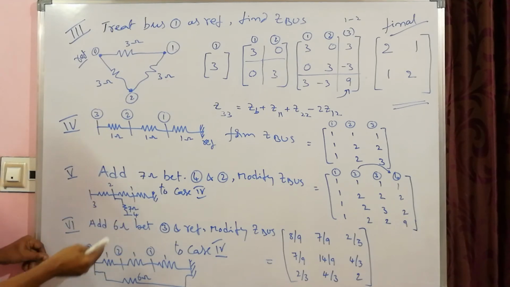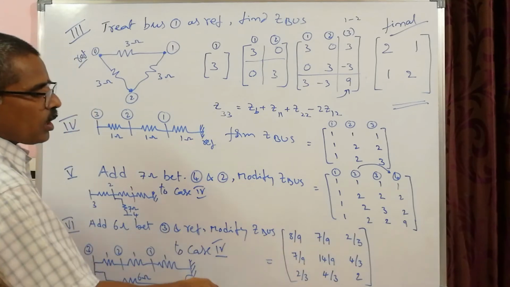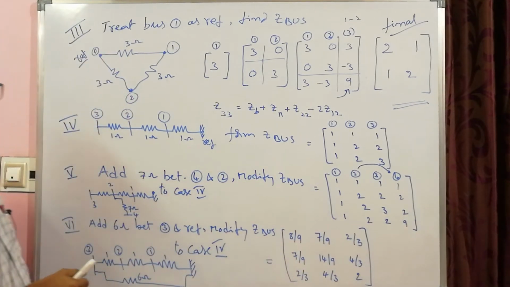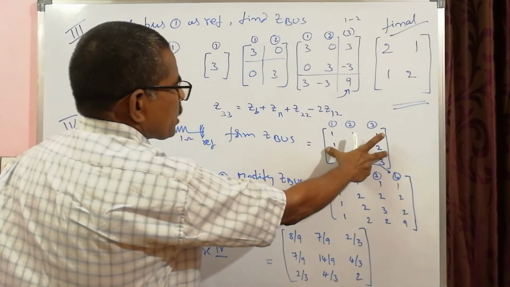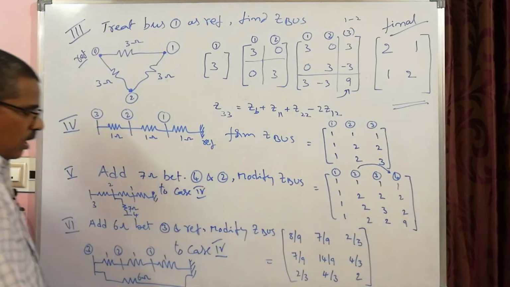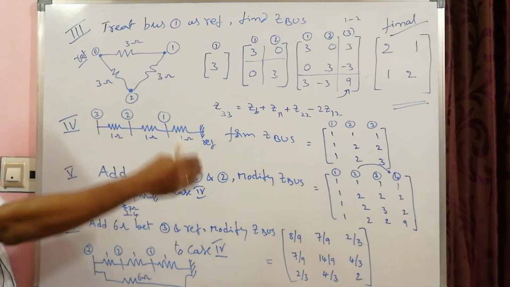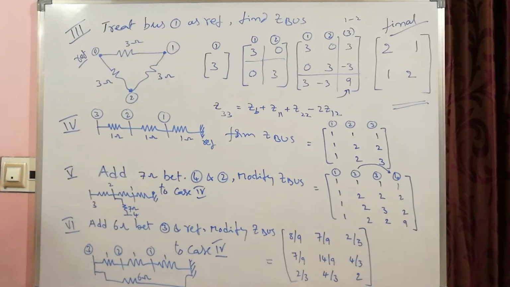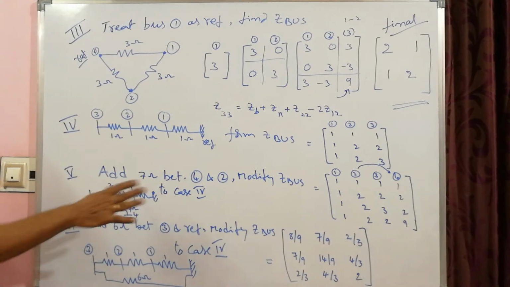Okay, dimension should not increase. So, this after modifications and all, this is the final answer. So, please do all that, because 1, 2, 3 you can take this matrix as it is. Try to add that one more column and row with 6 ohms. Okay, and then use node elimination technique, condense that to 3 by 3. So, this is the final answer I am giving. All those calculations I am not doing. So, this is that.